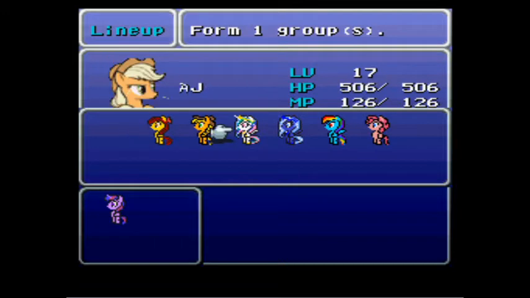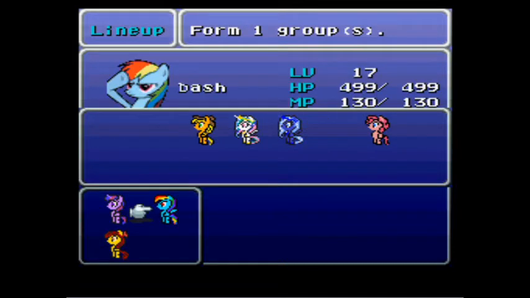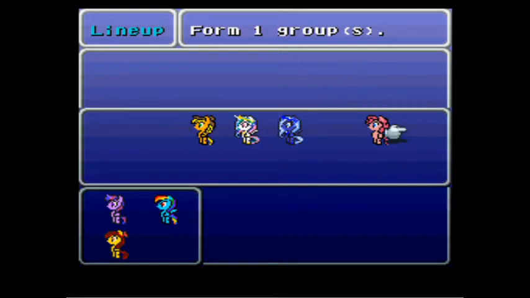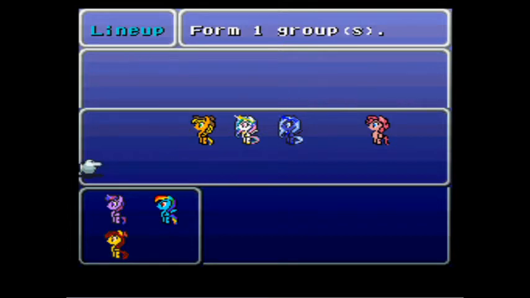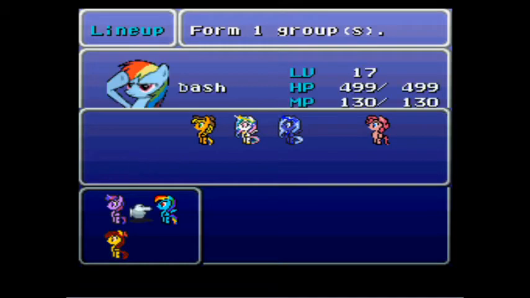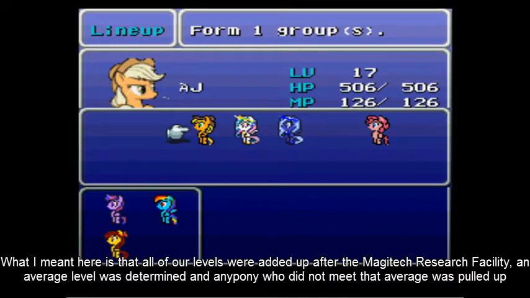Whoops. And, let's see, for the moment, I'm going to take this party. Oh, and while I'm here, AJ and Pinkie Pie were not at these levels before. Since coming back, our levels have been averaged out. This happens throughout the game at certain points, and also I guess I've neglected to say that when the characters